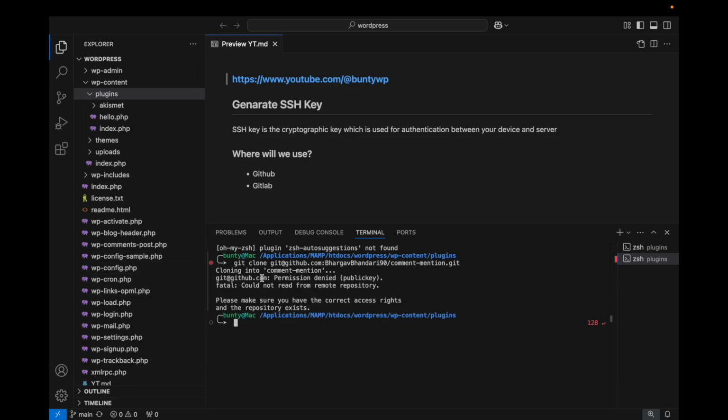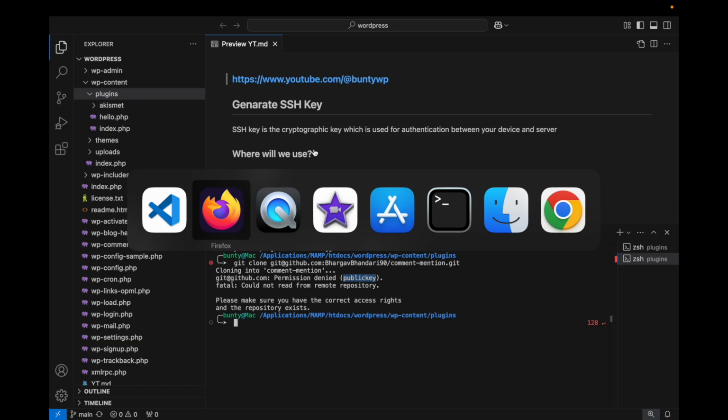It says permission denied, we don't have a public key. So for this purpose, we will need to add our public key to GitHub, so that the server knows from which device a request is coming, so that it can authenticate between them and just clone without a username and password. So for that, I'm going to open my terminal,